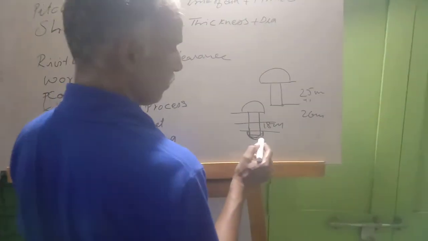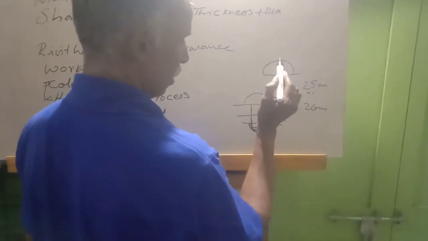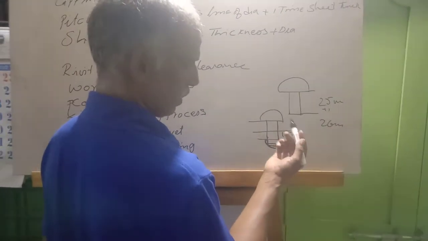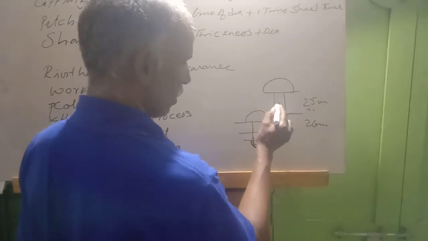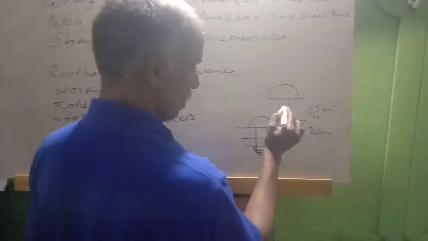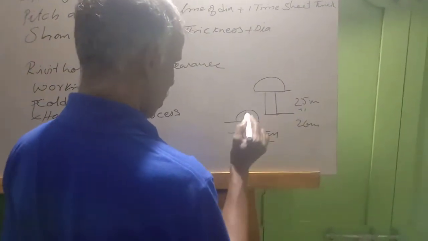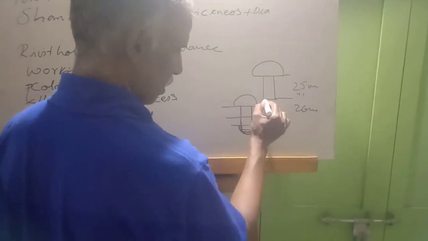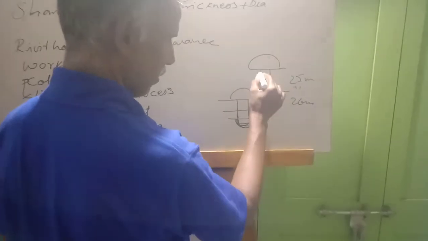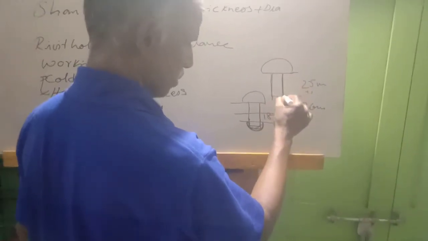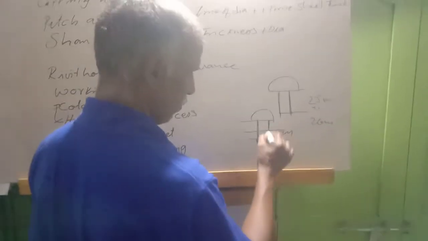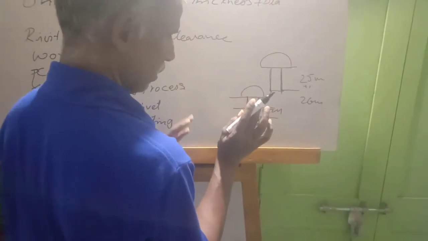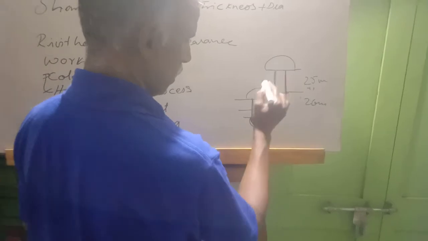Now what happened? When the rivet got hot, it expanded lengthwise and widthwise. Due to this, when the rivet is red hot, it will be soft. Even if the hole is the same size, it will enter, because it is in a plastic stage. Okay, now we will rivet it. After riveting also, this rivet will be red hot. Now slowly it will cool down.